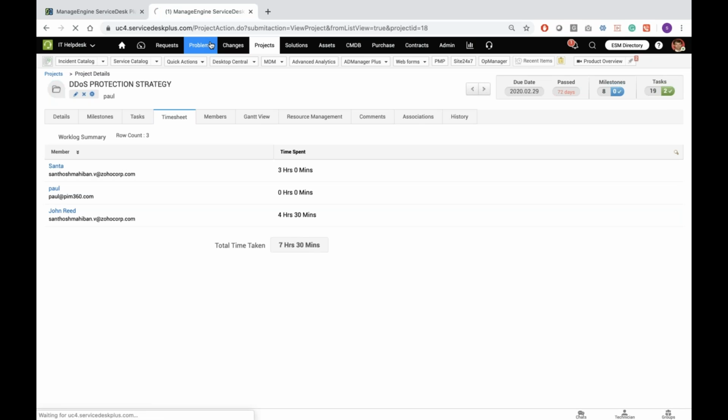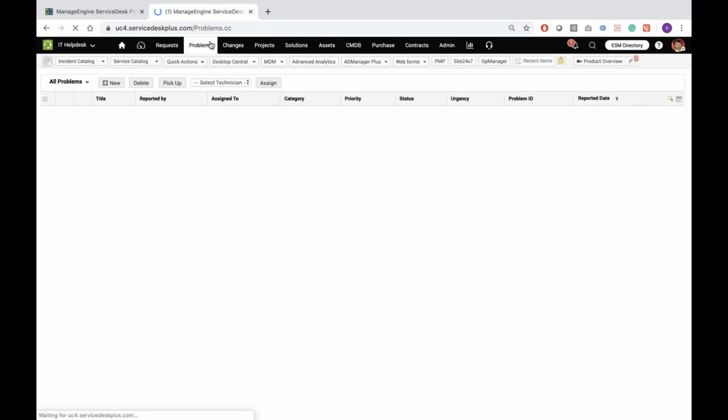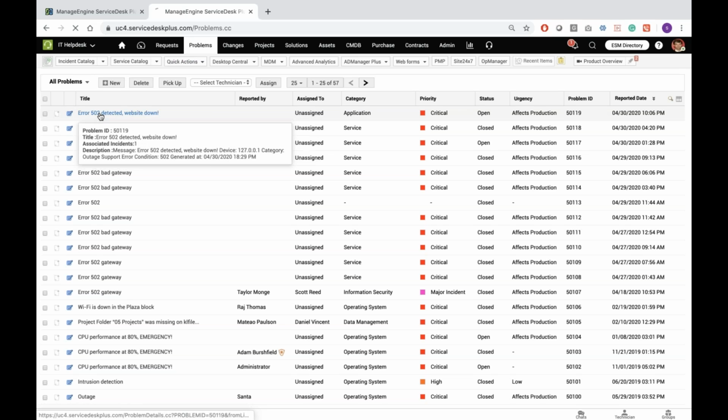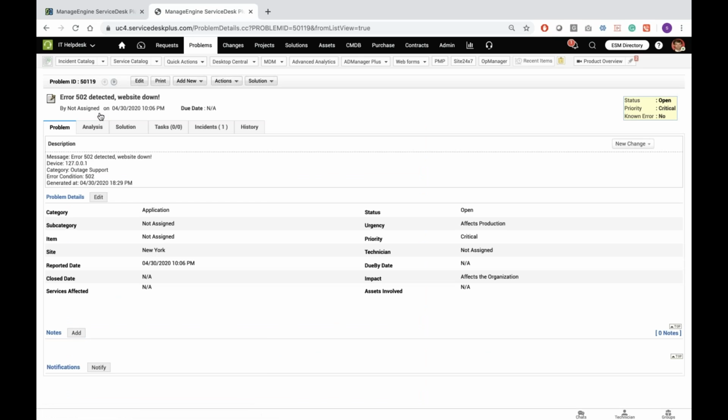Then we also have the problem management part, which tightly works with the incident management aspect of the application. And the best part is that the request management, problem management, change management, and the project management have tight coupling between each other, because of the nature of how a project has been triggered, it could be just a project itself, or it could be an extended implementation of a change.